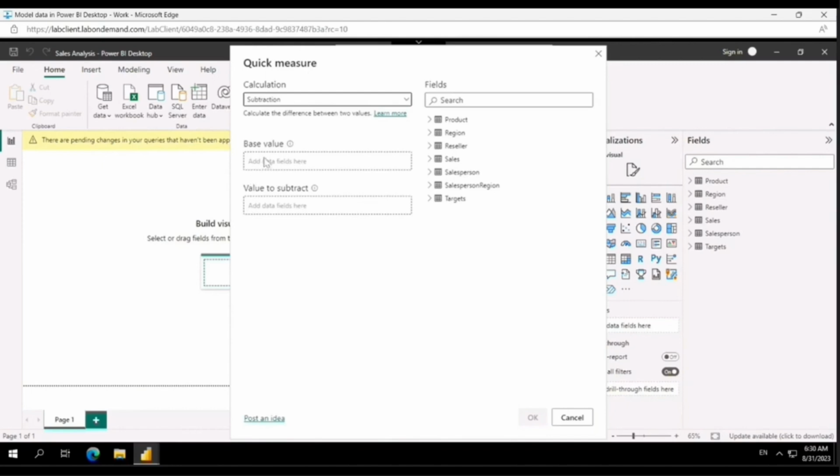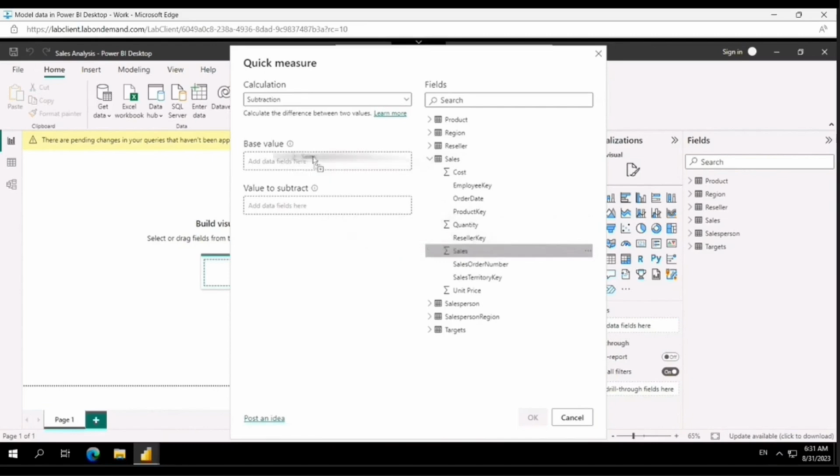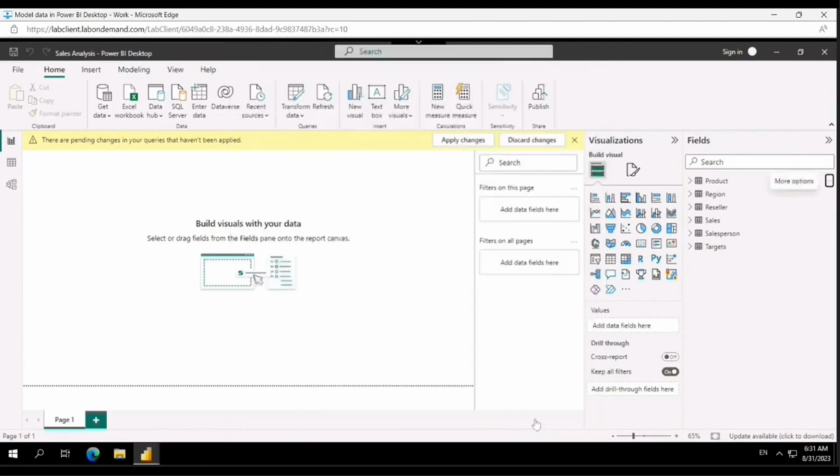It opens up a base value and the value to subtract. In the sales table, we drag the sum of sales and the sum of cost. If you click on OK,